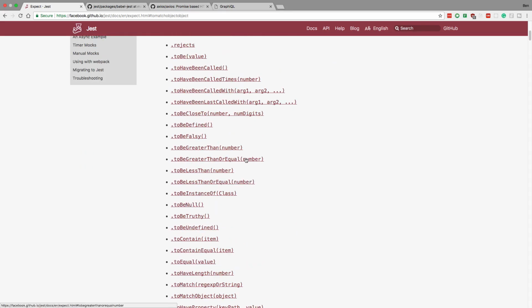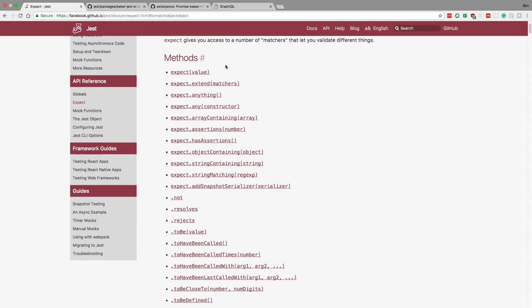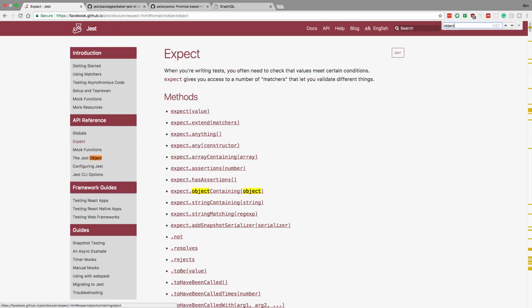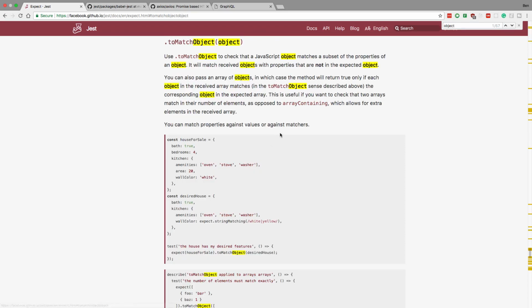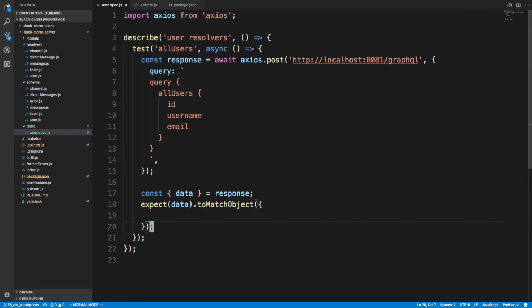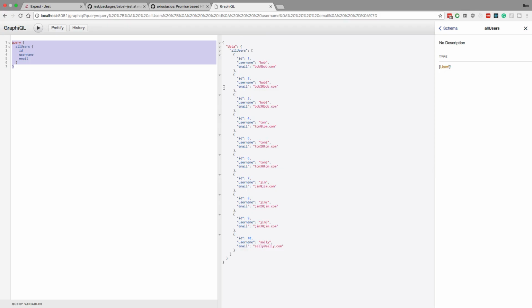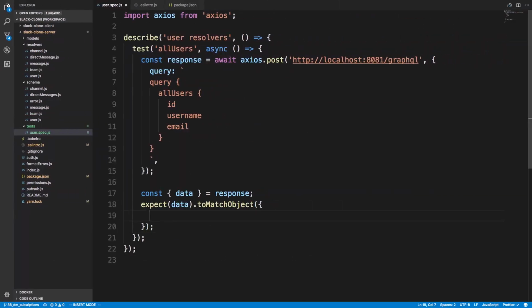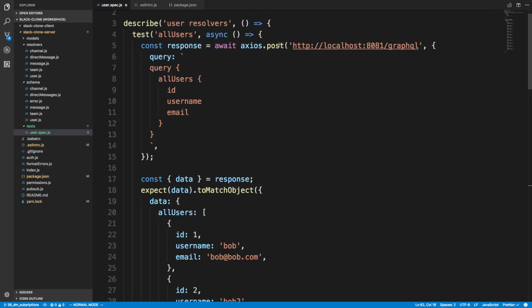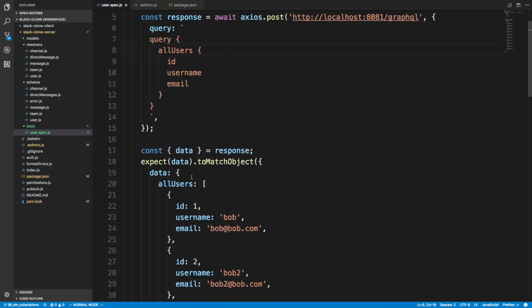So this is basically the test, and we basically want to test: are we getting the object that we expect to get? So we can say, I believe there's an object one. Let's search object. toMatchObject is the one we want to run, and basically we're saying we're getting back the object we expect to get. And what object are we expecting to get back? Well, we just ran this query, we expect to get this. So we can copy that, paste it in here, give that a save. So we expect when we make this query to this endpoint that we get this data